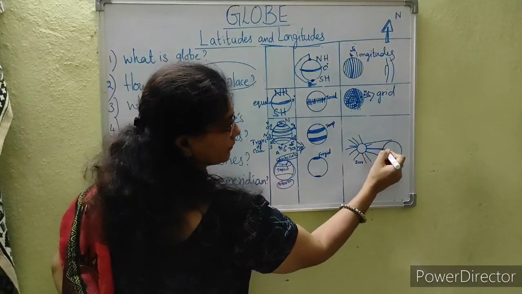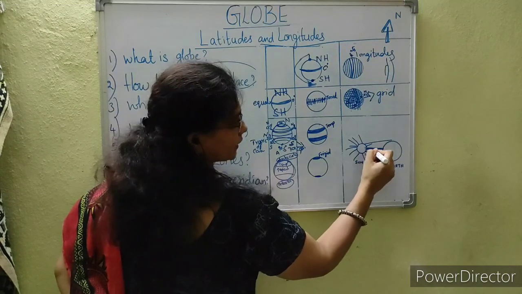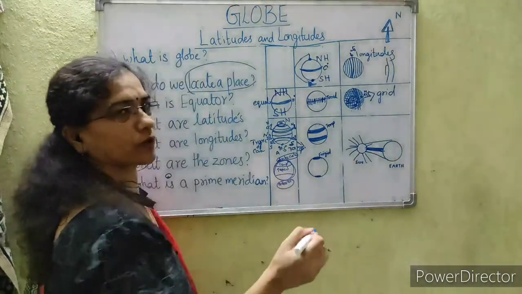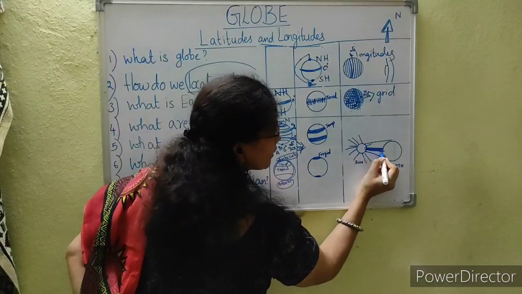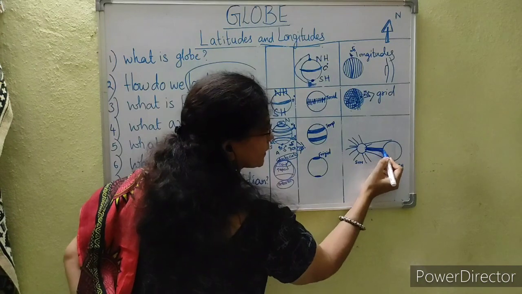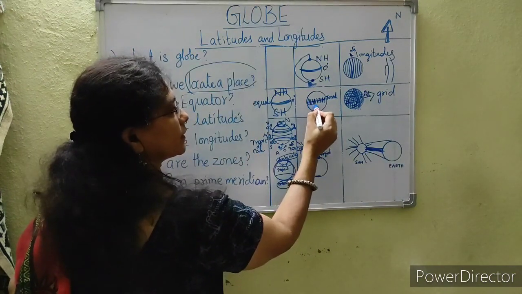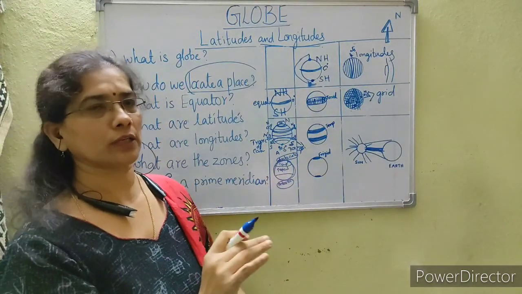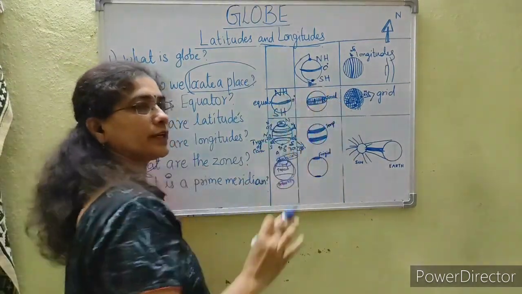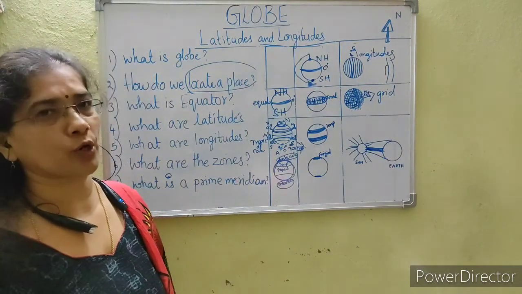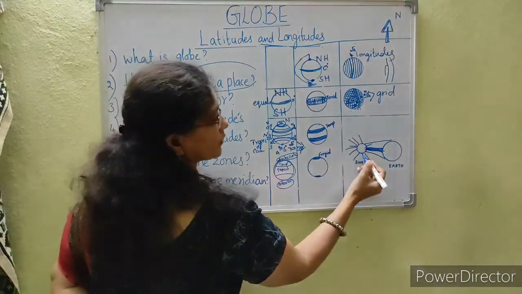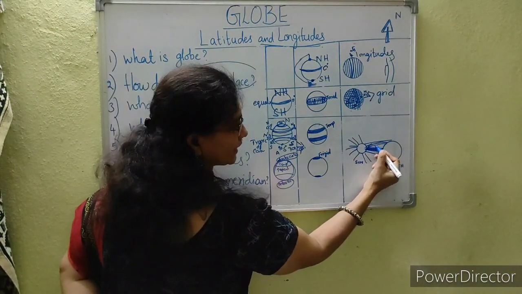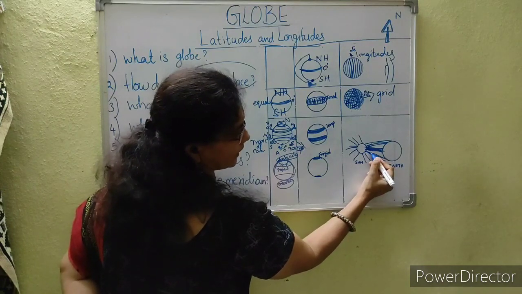Here you can see the sun's rays falling on the Earth, in the middle of the Earth, are very strong. Because they are falling strong, this region is completely very hot. So this is called the torrid zone, or you can say the tropical belt. Then when the sun's rays move, they move a little bit slantingly. You see, it goes like this, slanting.